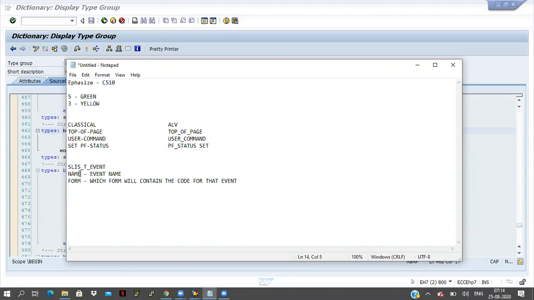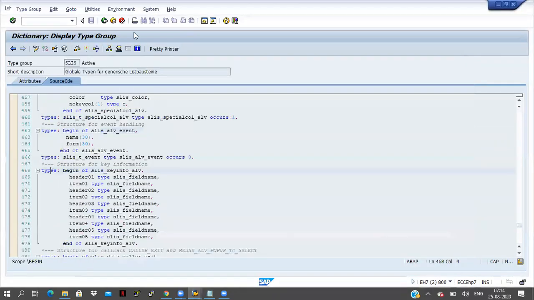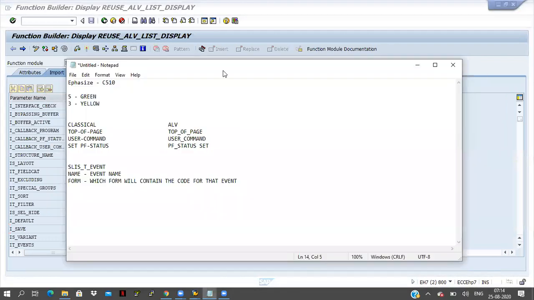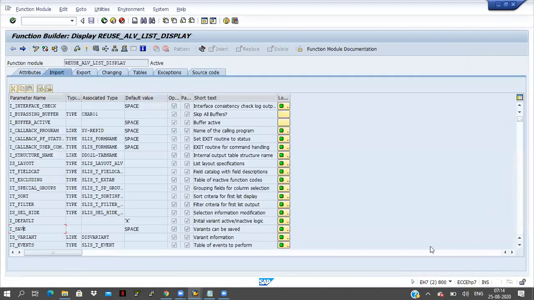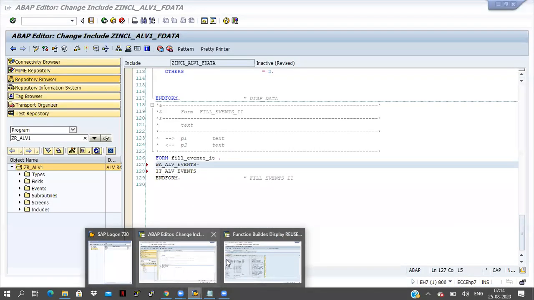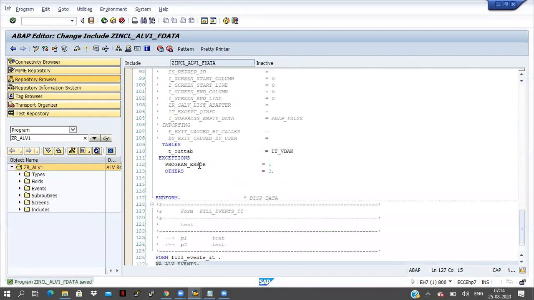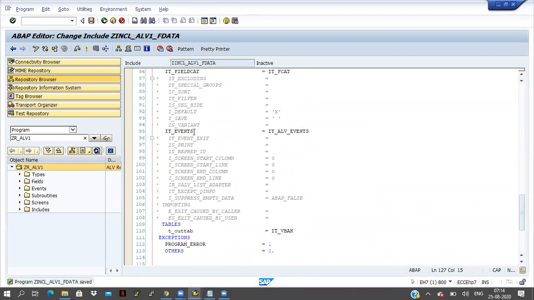If you want to call any event in the ALV reports, how can we call it? In the function module, we have an option, IT_EVENTS. In this function module, we have to pass one internal table into IT events. Here I have declared one event internal table, and now I am filling the event internal table.